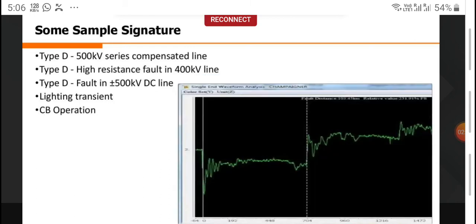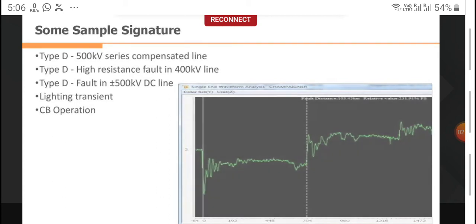Then comes your circuit breaker operation or circuit breaker status feature. It is also there. This is the feature that is used during calibration. You have to open the circuit breaker at both ends of the line. Then you will switch on one of the breakers. That particular operation will give rise to